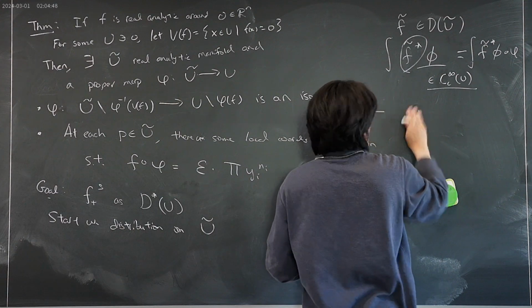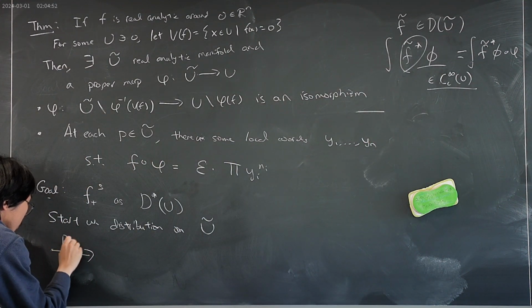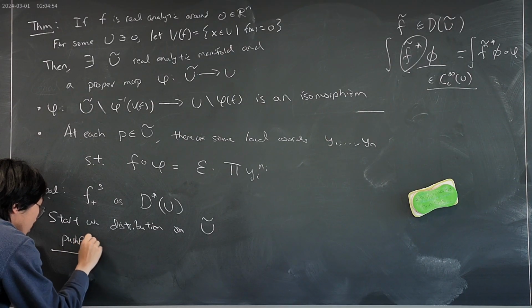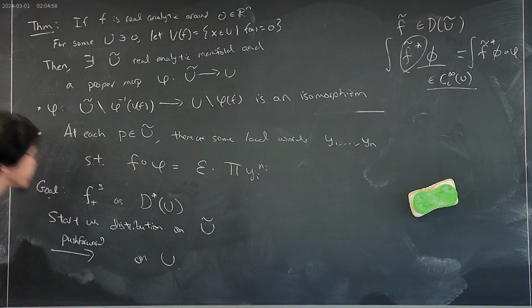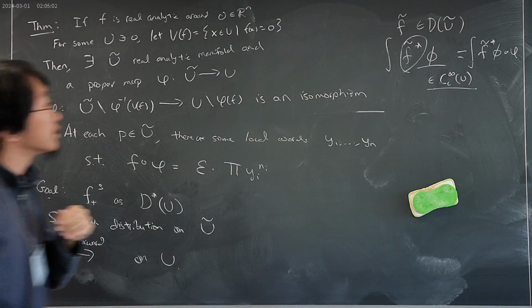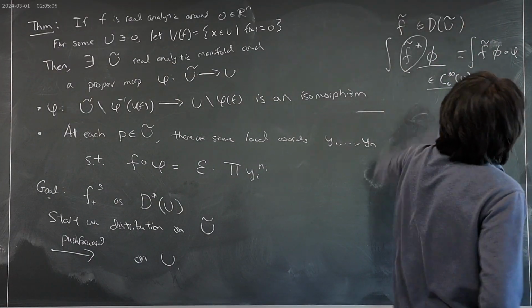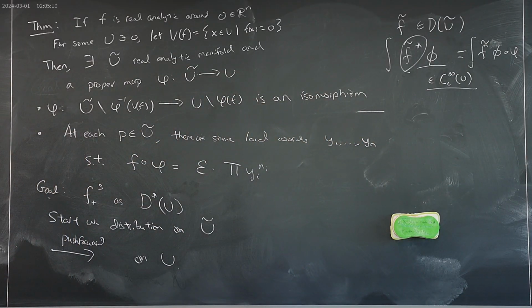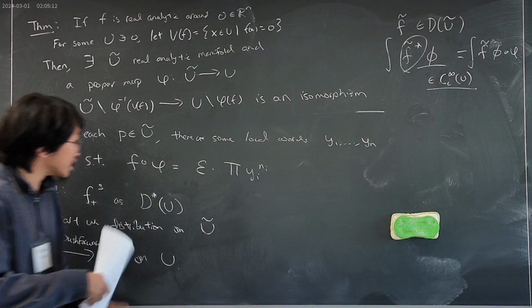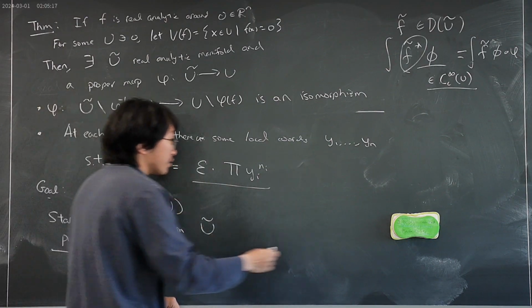So we start with a distribution here, and we can push it forward to a distribution on u. Just to clarify, you shouldn't have star on the right-hand side, right? That's correct. Yes, this is just f. And the distribution that we want to push forward here is this one, where we have complex powers